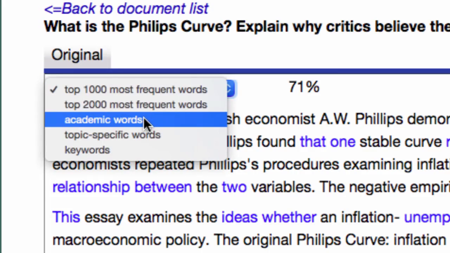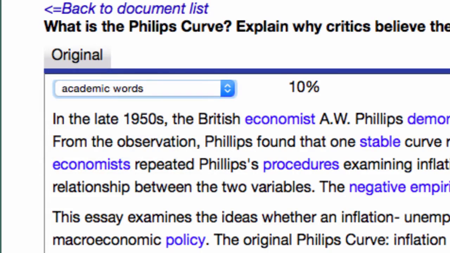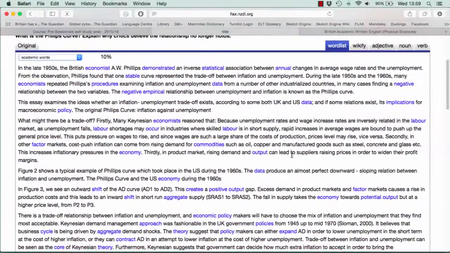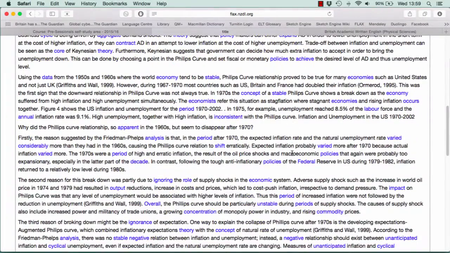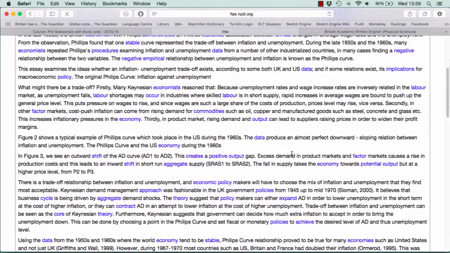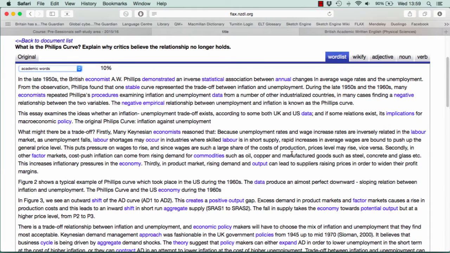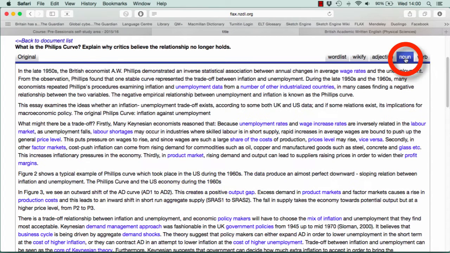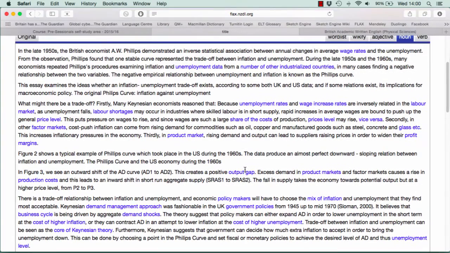As we see though, what we can do is instead look at academic words, and you'll find that the words that are highlighted here are words that almost all appear in the academic word lists that you may have been studying yourselves or with your course tutors. It's equally interesting to look at this in terms of the word grammar, and you'll notice here that what this is